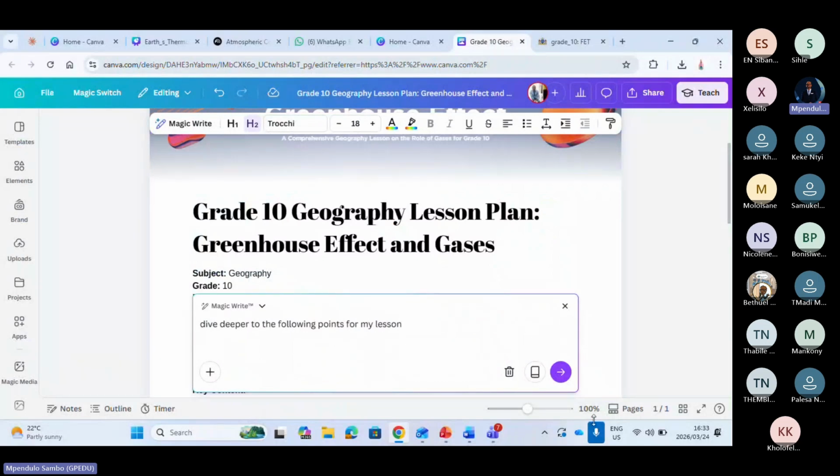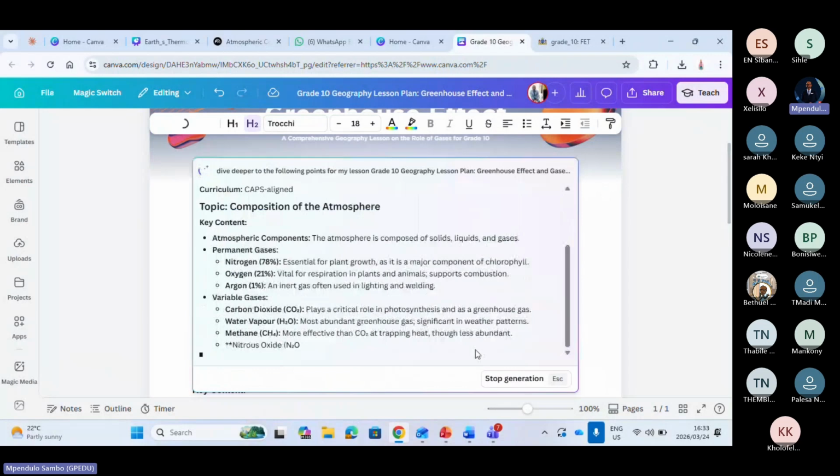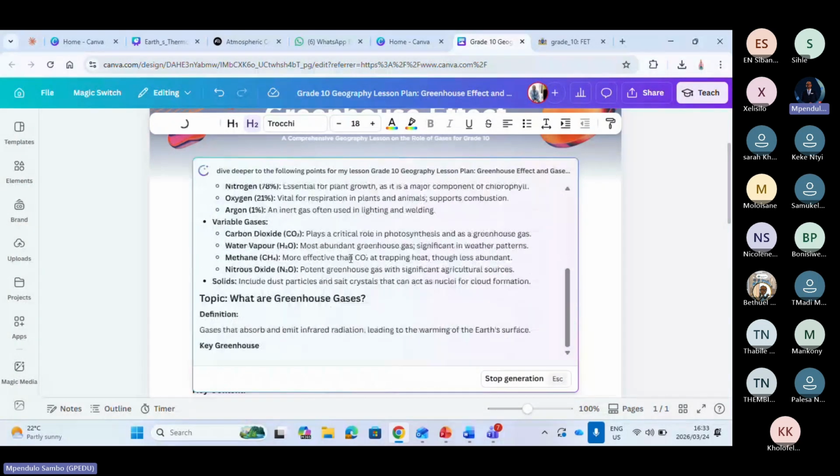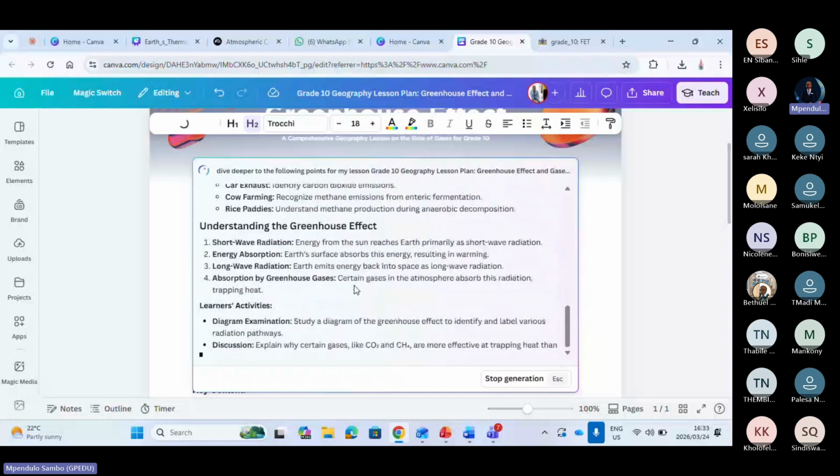Paste. I've copied, colleagues. Remember, I've copied. Enter. So now I know. Check what AI is doing now. It's giving you something different. It's explaining each and every point in detail. Now that is your lesson. You insert the lesson. Okay, let's check